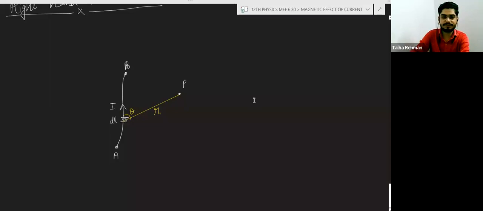No problem. So suppose you can just imagine this is the wire. No requirement of left and right side. This is the wire and the current is flowing like this, in the upward direction. And before that, I want to tell you one thing more, otherwise you will get confused. I am just